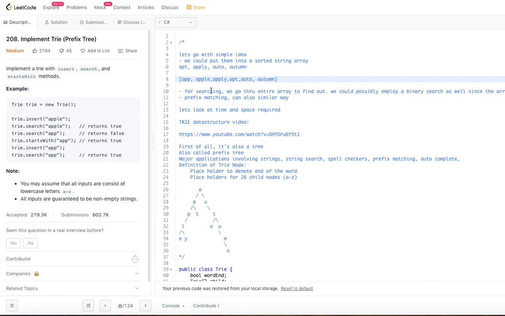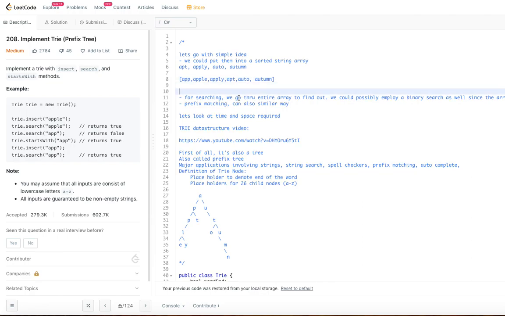But let's try to understand how much time it is going to take for insertion. Since this array is a sorted array, for every insert, if there are n elements already in the array and we add one more, that becomes n plus 1 elements in the array.